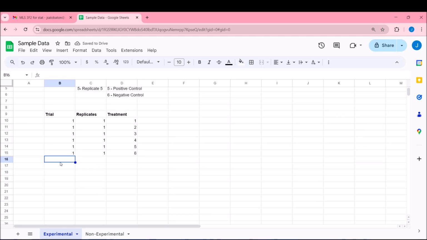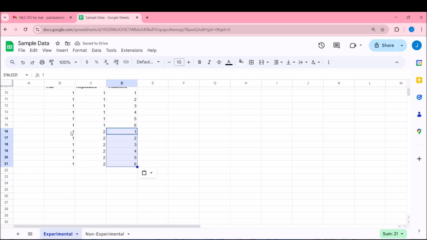And then we have replicate 2 for trial 1, so you have also 1, 2, 3, 4, 5, 6 treatments for replicate 2, and then 1, 2, 3, 4, 5, 6 for replicate 3.